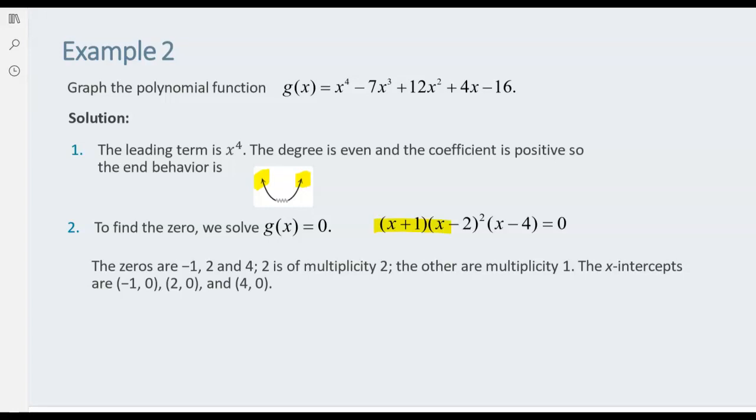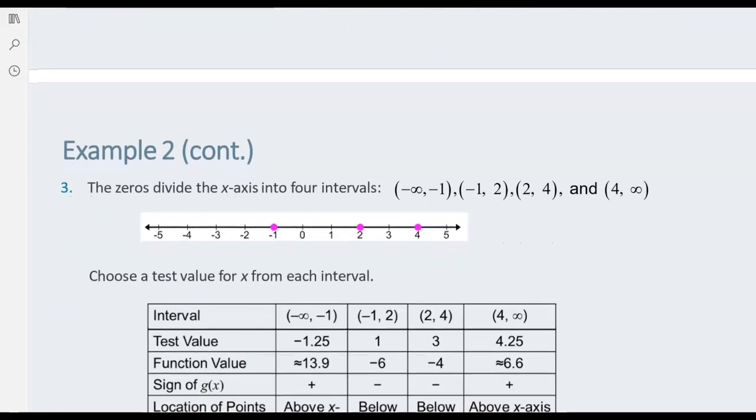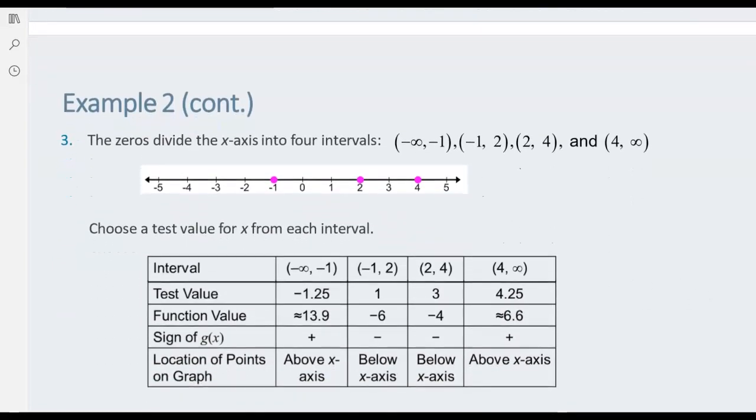Here's the factored version, and you can see that we have a multiplicity. We have 4 zeros, but this one is repeated twice. So breaking this up now into 4 intervals, using the zeros as the cut points for each of the intervals, we plug in test values. And the test values are telling us that